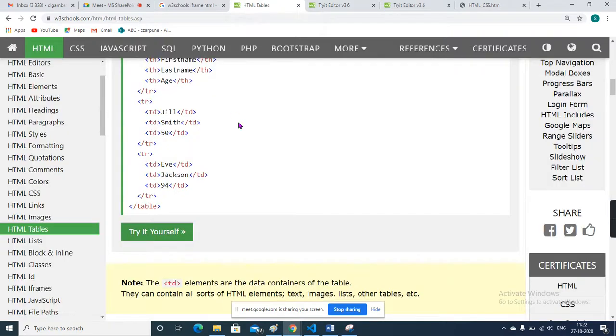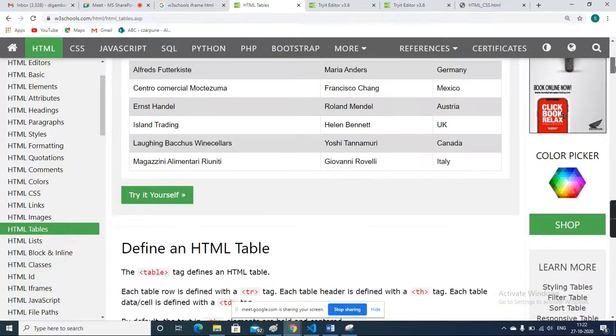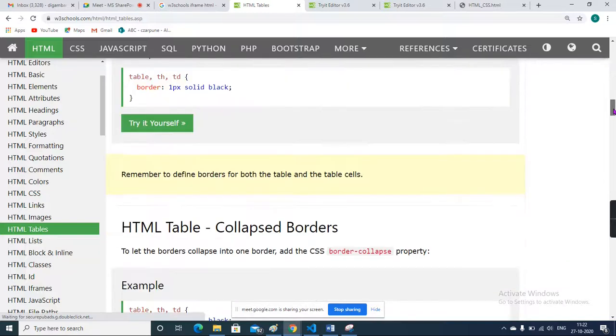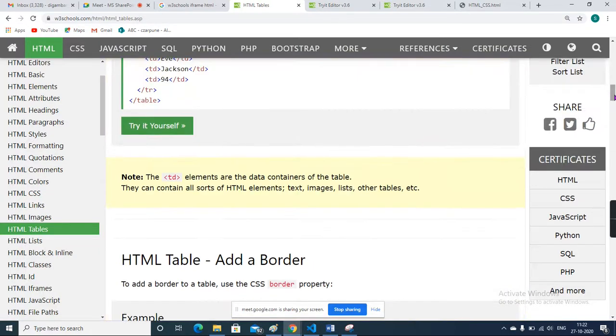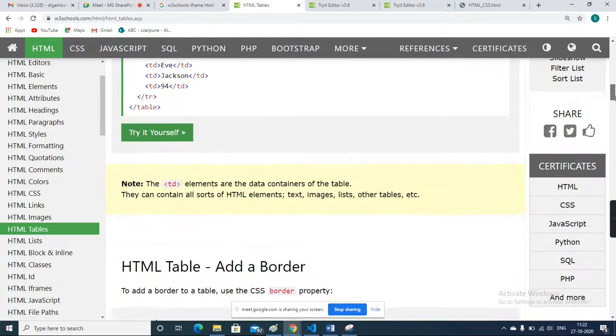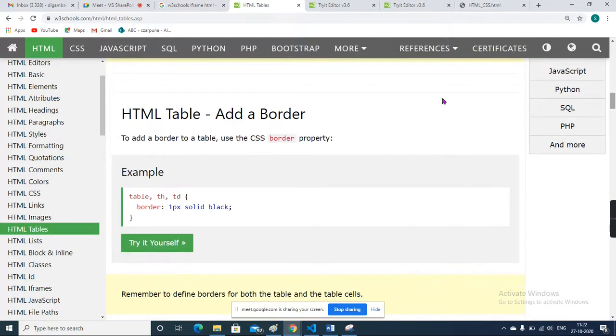So see what we do. We will add external CSS. How will we add external or internal? We'll add the CSS on that. Before that, let me show you. Add border. See here border, and see how we'll display the border. This is the border, 1px means size.